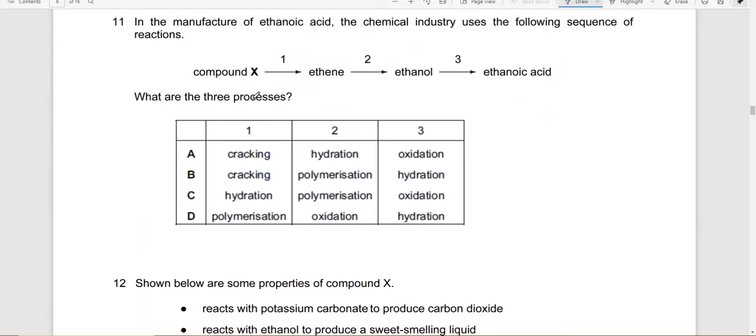So, what are these 3 processes? Compound X was converted into ethene. Alkenes can be prepared by cracking, so it can be A or B. Ethene then became ethanol, so it can be made into ethanol by adding water, which is hydration, and ethanol got converted into ethanoic acid, which is oxidation. So the answer would be